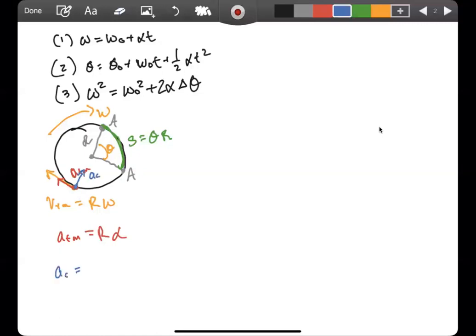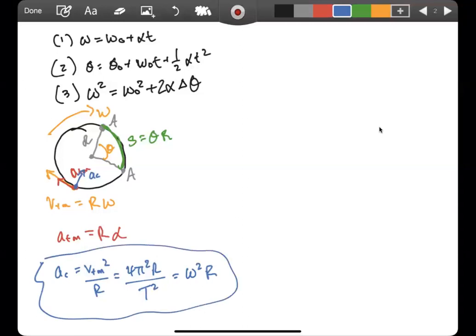So my centripetal acceleration is either the tangential velocity squared divided by the radius, which is also equal to 4 pi squared times the radius divided by the period squared, which is also using the first equation here for tangential velocity. This is then also equal to the angular velocity squared times the radius. So any one of these is sufficient, just depending on the information that I know. So good, that is a redo of angular